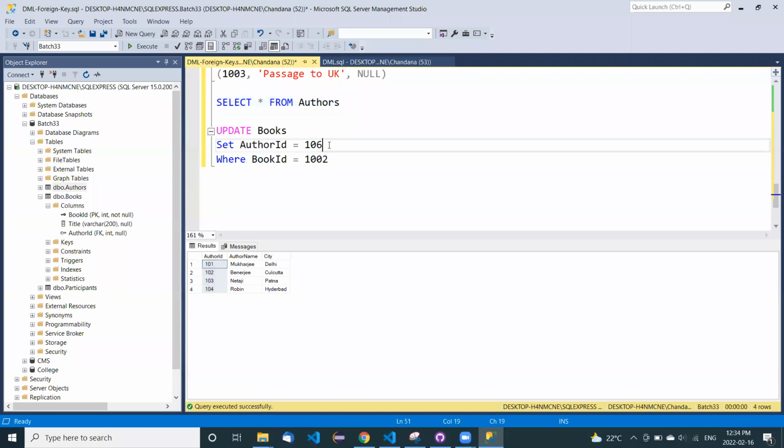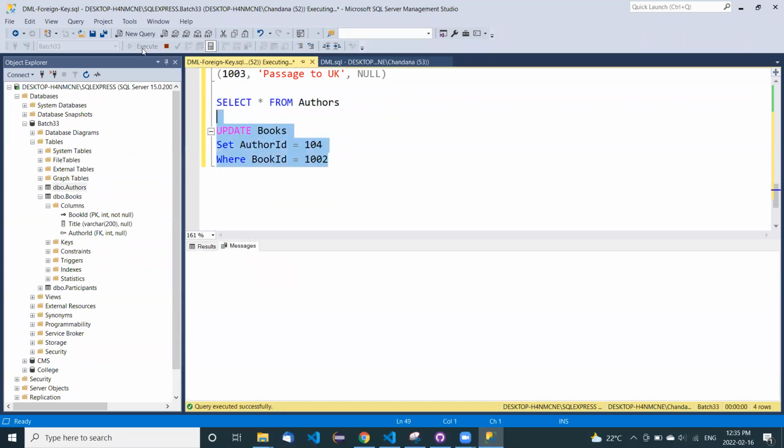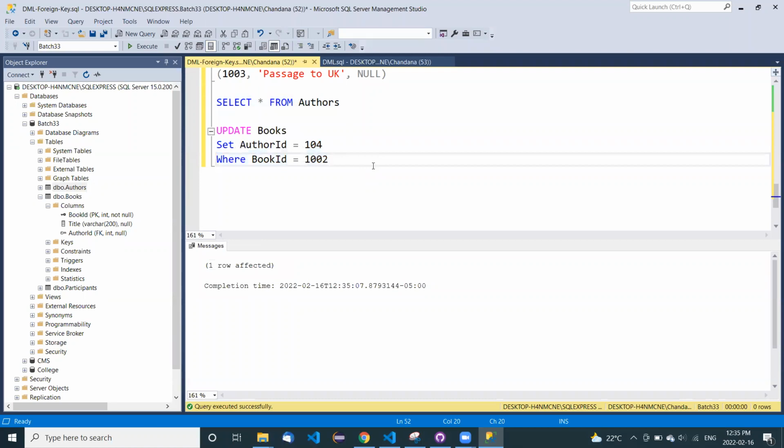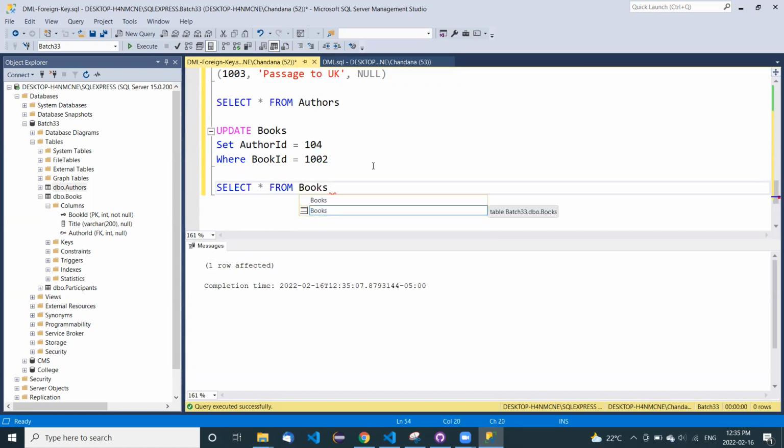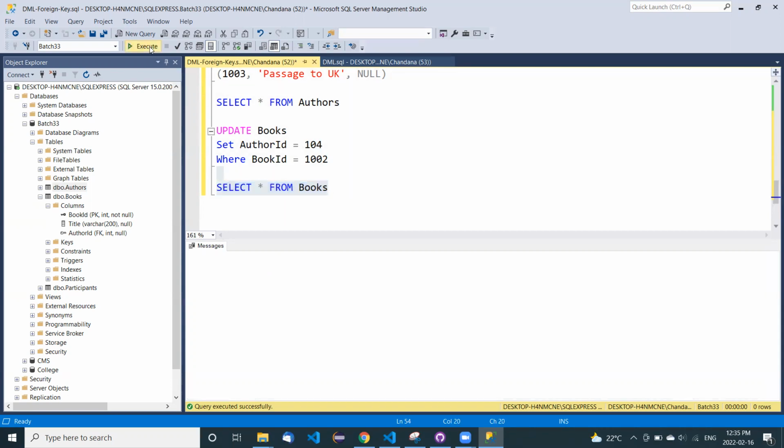So if I want to do 104, will it work? Yes, this works. So now I will select from the books table. What will happen? Let me select from this table. You can see 1002, 102 is assigned to 104. So you understood the basic concept of